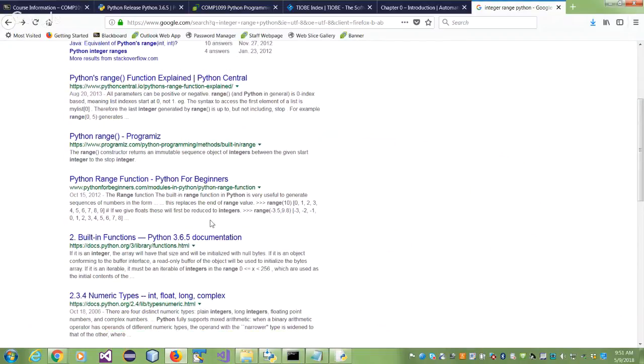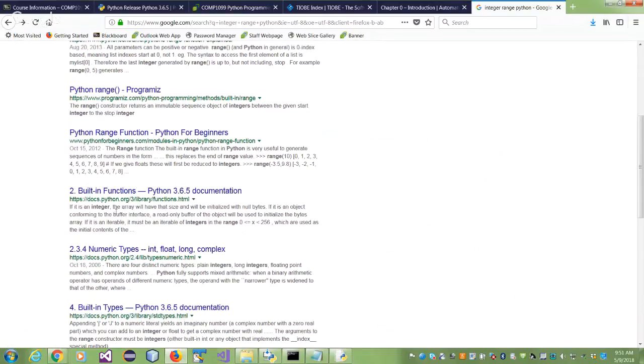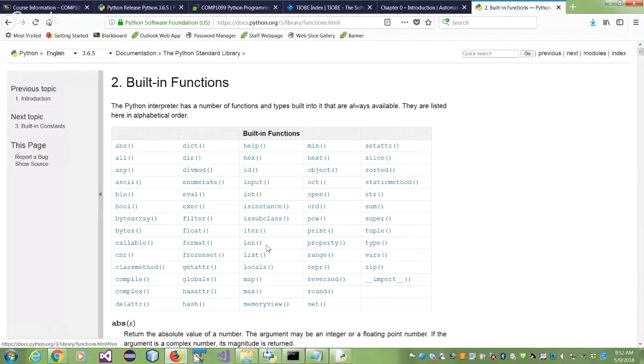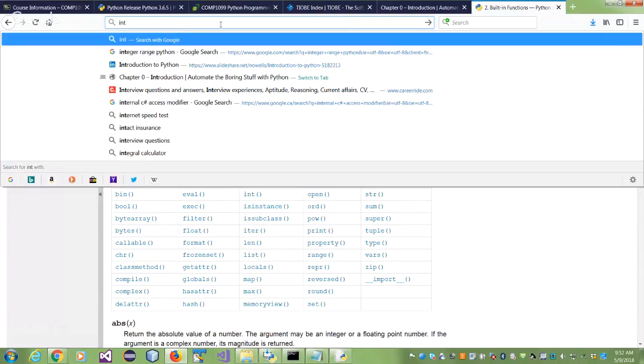They're talking about some range also. So these are functions. There is an int function, which is not what we are looking for. I'll tell you what an int function is. We are looking for the int data type. Let's try this.